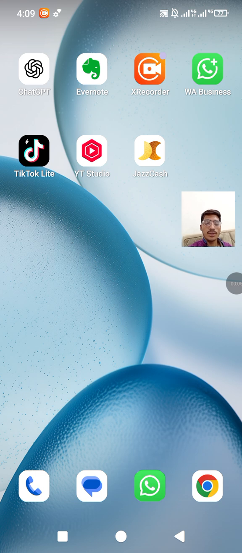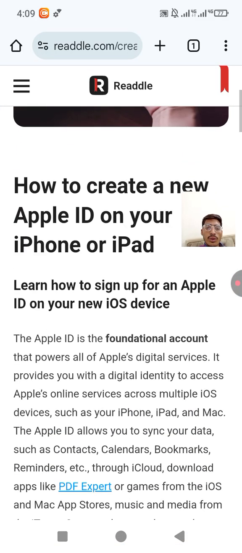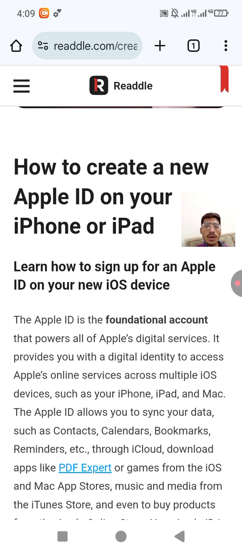Hi guys, in this video we learn how to create an Apple ID using the iPhone. Simply, how to create a new Apple ID on your iPhone or iPad. Learn how to sign up for an Apple ID on your